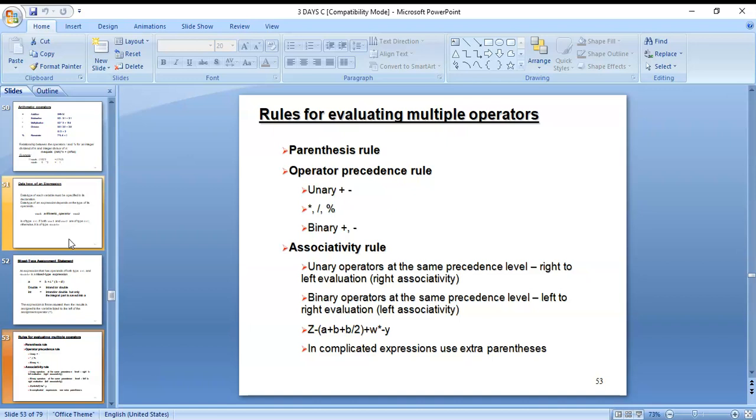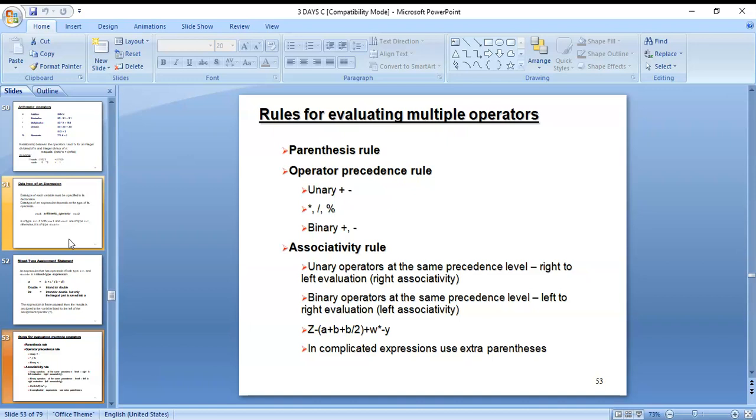Unary operators at the same precedence level have right to left evaluation. This is called right associativity. And binary operators at the same precedence level have left to right evaluation. This one is called left associativity.